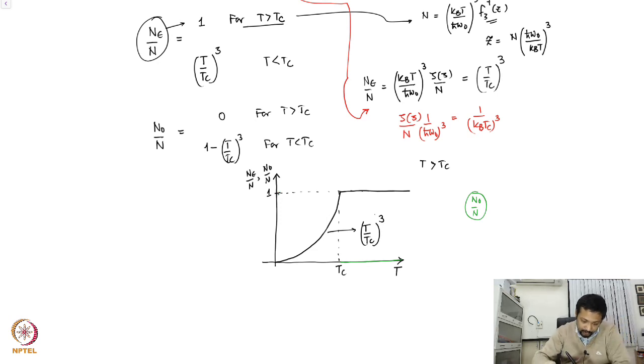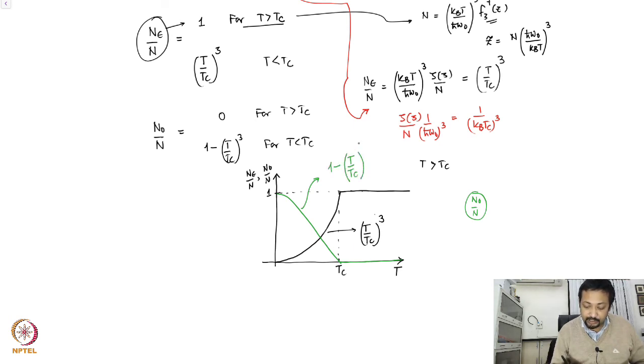And therefore you have a nice plot that goes like this, and this is 1 minus T over Tc raised to the power